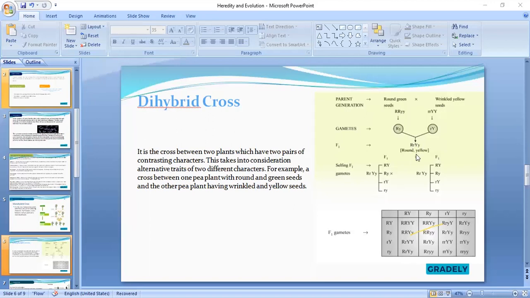When this man crosses with this big man here, we'll be having capital R, capital Y. When this capital R goes to this small y, we have capital R, small y. Now, we'll come to the smallest r. We have small r, capital Y. We have small r, small y. I hope you're following. So this is the gamete cross, you understand, to get our F2.